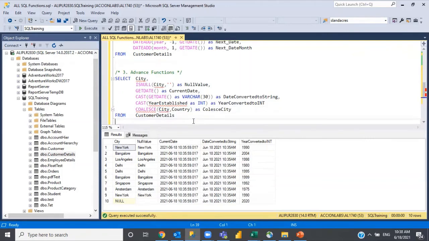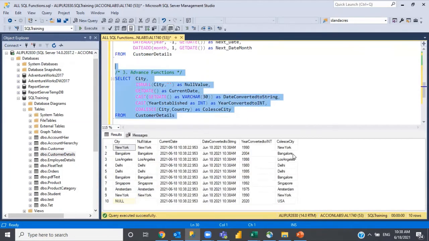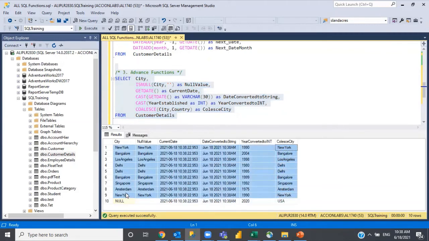Now you see there is a comma missing here. Now everywhere we have the data because it is the same data, but this particular record is null, so it is showing the country value.